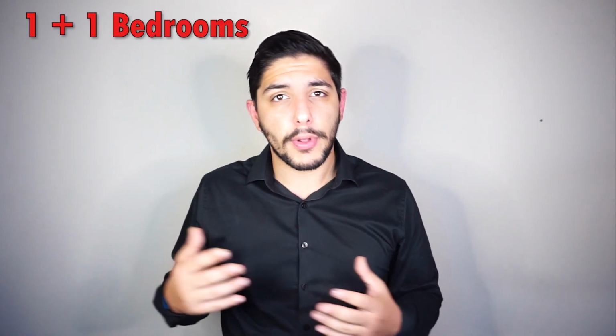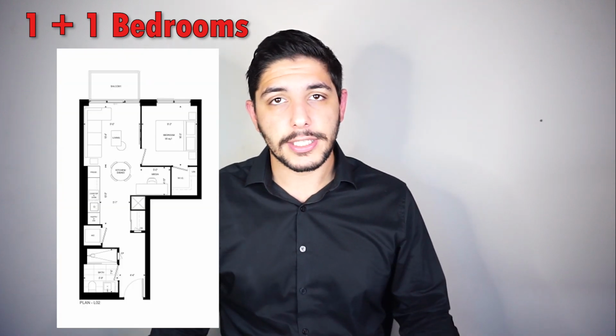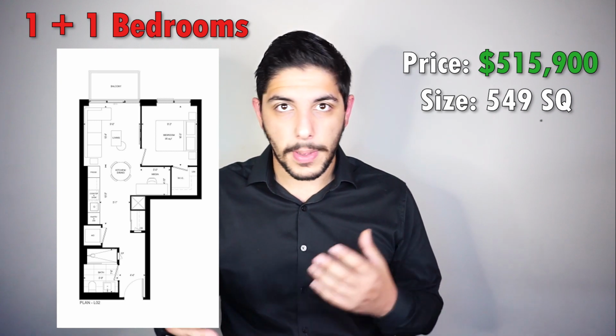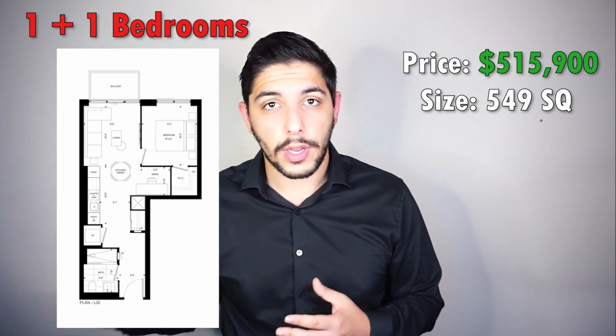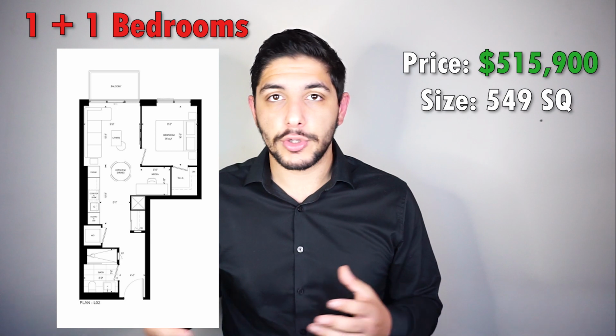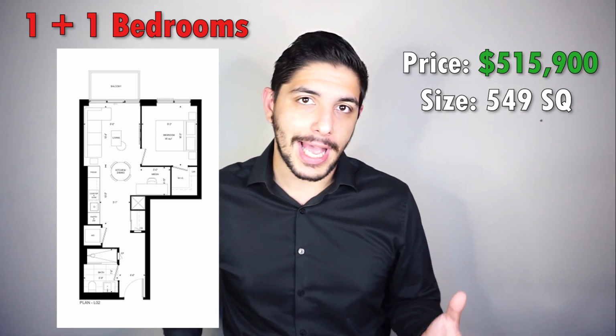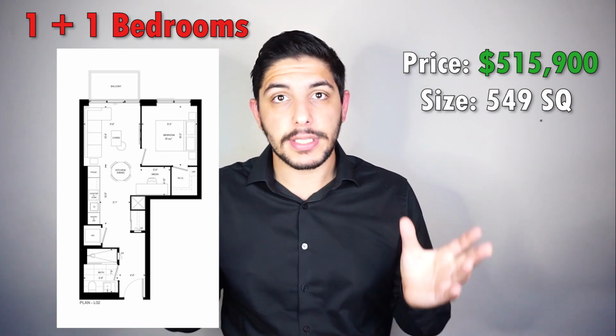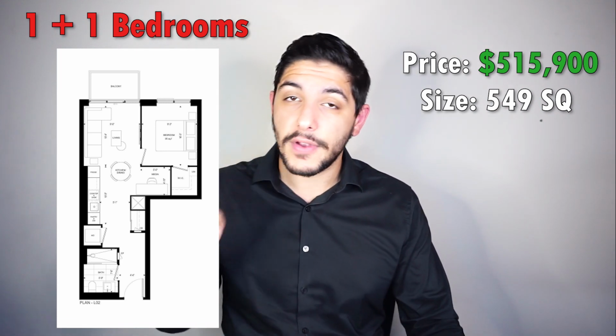Moving on to some of the 1+1 options that are offered with this project. Here you're starting out at an asking price of $515,000 for about 549 square feet for a 1+1. In terms of per square foot price, you're looking at $939. And here, as you can see from the layout, one thing that is very key for you to keep in mind